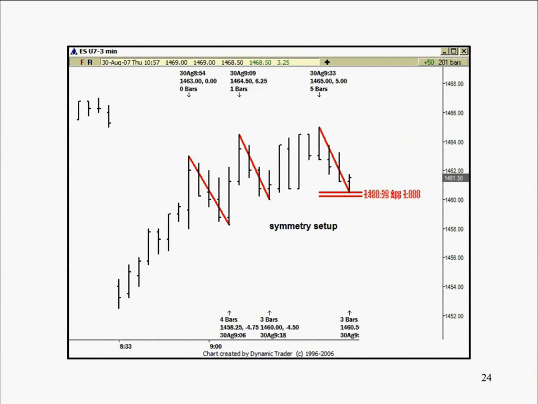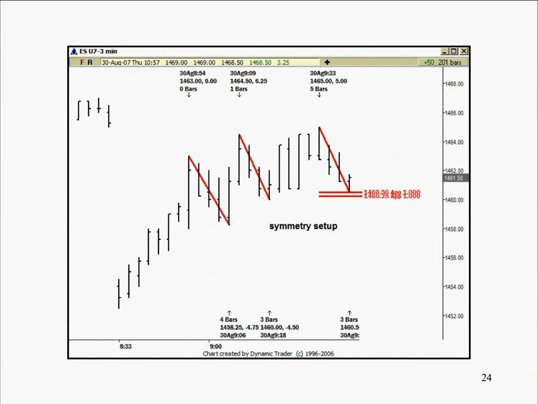Okay, this next example is another symmetry setup. This is on a 3-minute chart in the S&P. I still do the 3-minute chart on the S&P. That's the only low time frame chart that I have in the chat room at this point to help fine-tune entries against the higher time frame work. Now here,